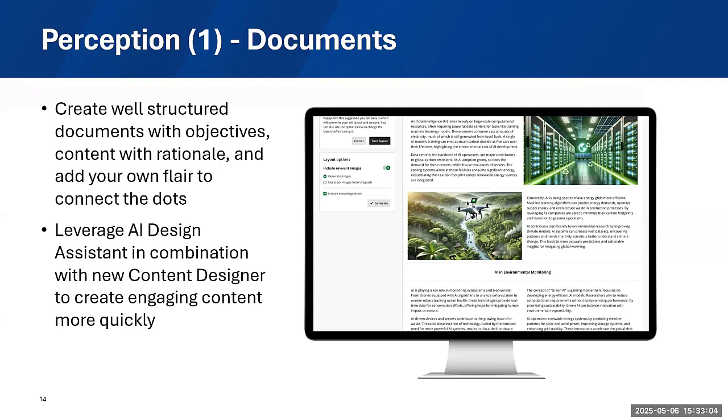So really kind of making it memorable for them. And you can leverage the AI design assistant in combination with the new content designer and really create these kinds of pages really quickly. So this will definitely help spruce up your pages and your documents in a great way. So this has been really helpful. You can also